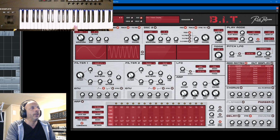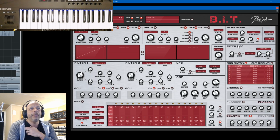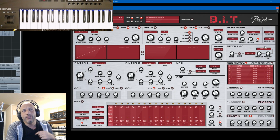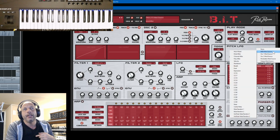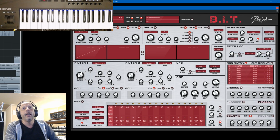Okay, I'll make here a big saw wave. So a bit trumpet-like. So this is a synth sound, and you want to have the pitch LFO controlled by the modulation wheel. Well, by default we have this as a source, so you can pick modulation wheel, but also modulation wheel plus aftertouch. Then it combines it, so you could use aftertouch. But in this case, you're asking for the modulation wheel. So here's the modulation wheel, and this is the pitch LFO. So when I open the amount,